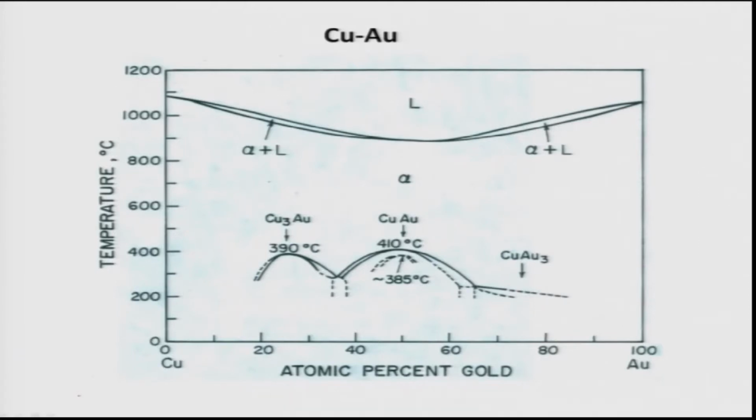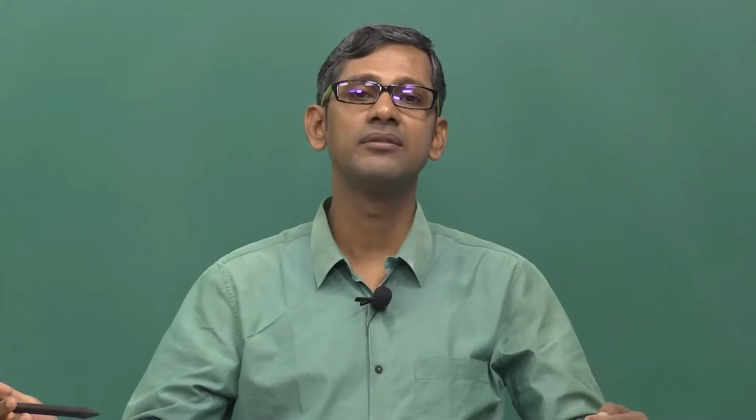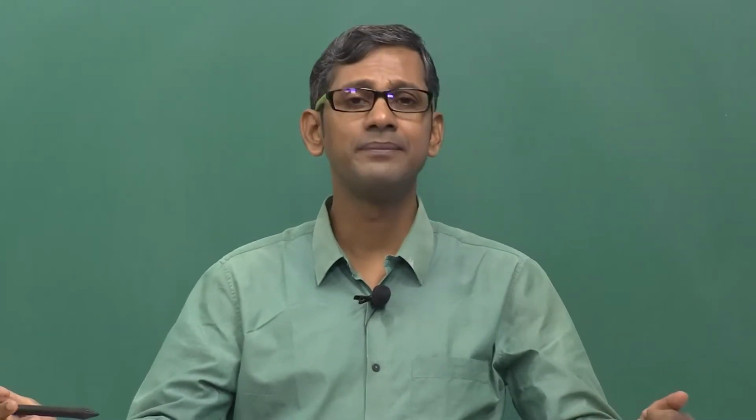But what is interesting for our discussion is that in Cu3Au the atoms do not occupy random positions in the lattice. Remember, alpha is basically an FCC phase, an FCC solid solution between copper and gold. So, in FCC solid solutions, if it is a random solid solution, the positions of the cube corners as well as the faces of the cube will be occupied by both gold and copper atoms. There will be no distinctions of site specificity of gold and copper atoms in these positions. But the moment